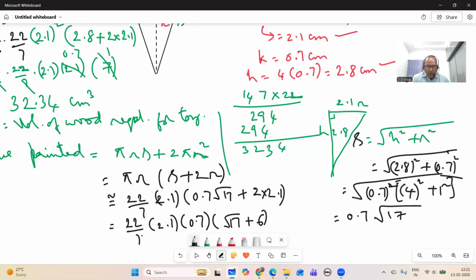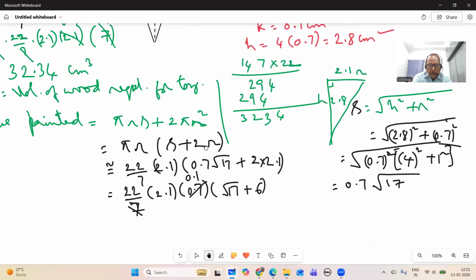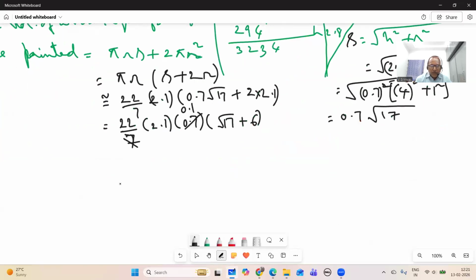Now this is 7. Yeah, this, right? 0.7 is out, root 17 remains, and 0.7 is out, 3 remains, 3 into 2 is 6. Plus this. So the 7 cancels with this 0.7 ten times. So what do we get? So this is equal to,